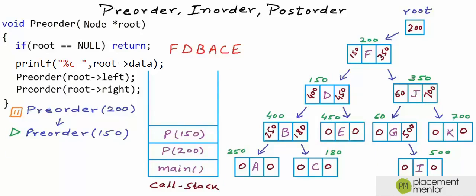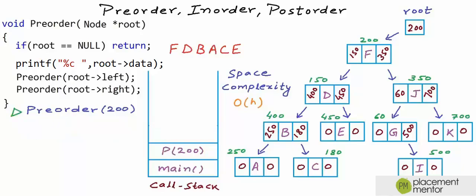Maximum growth of call stack due to this recursion will depend upon maximum depth or height of the tree. We can say that extra space used will be proportional to height of the tree. Or in other words, space complexity of this algorithm is big O of h, where h is height of the tree. Okay, coming back to the recursion, we are done with preorder 150, so preorder 200 will resume, and now